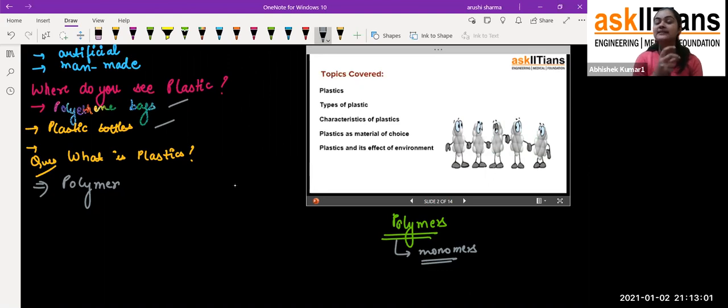One is the bag, that we are using in the form of a bag, and the other one is the bottle in which we can fill water or tea, coffee, whatever you like. Even the cold drinks which we used to drink come in a large container that is made up of plastic only. So that's how we are having different shapes of it. Exactly, the polythene shape is not exactly the same as that of the bottle.